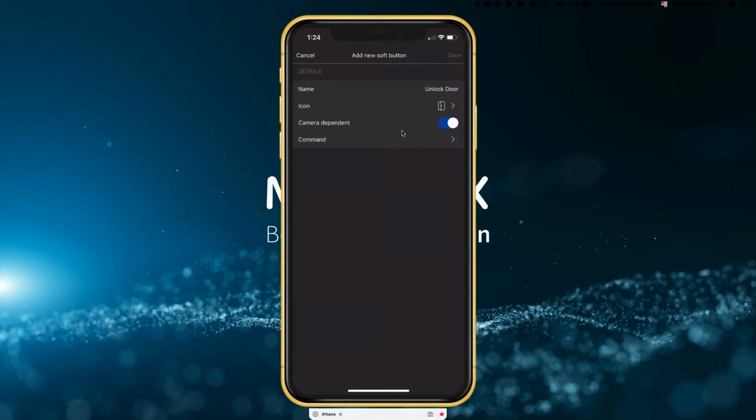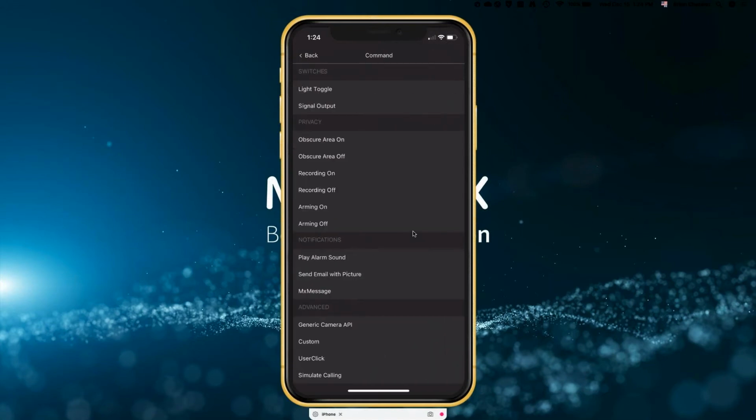Typically, yes. If it were a device that you added to the app outside the camera, one of our other types of devices, it wouldn't necessarily be camera dependent, but this is, of course. And then I'm going to tap the command button, and you'll see the options that are in here. So I can toggle a light.